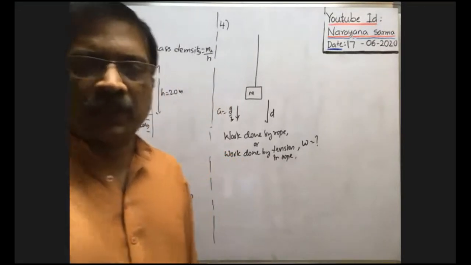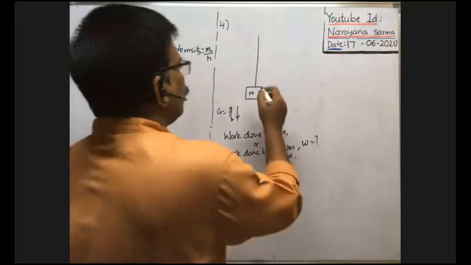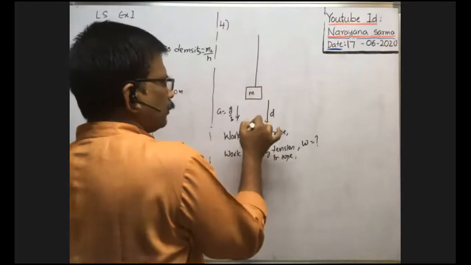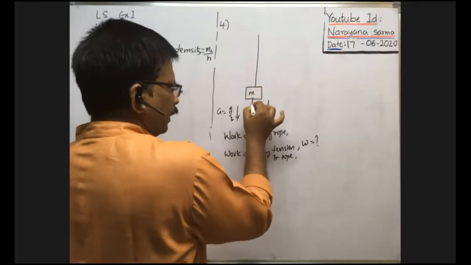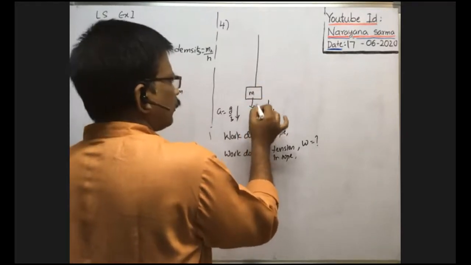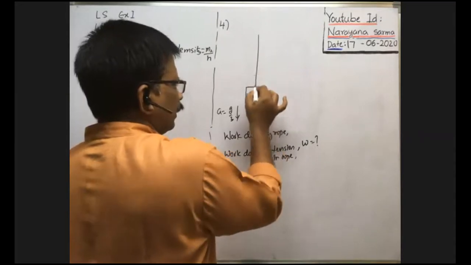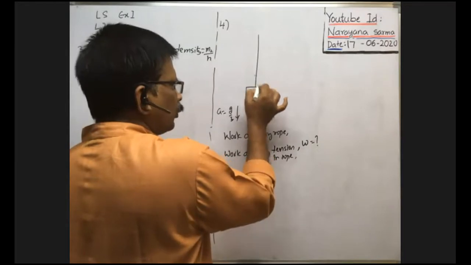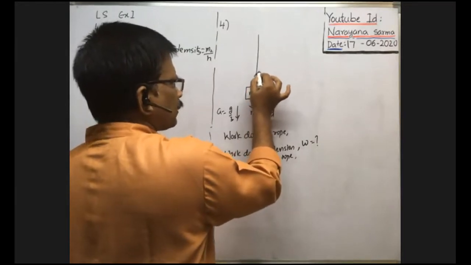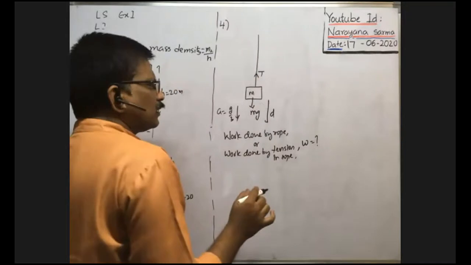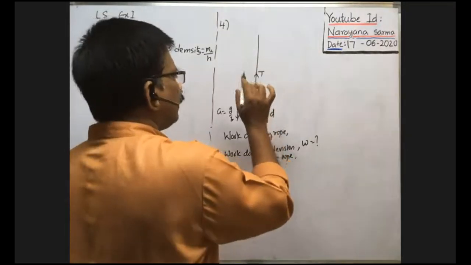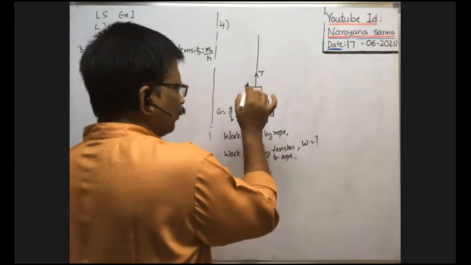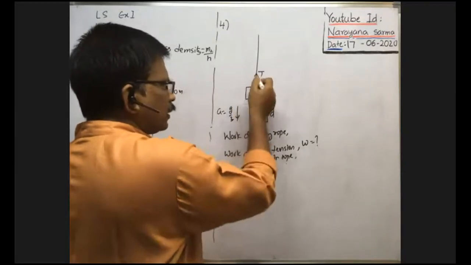Vamshi Krishna, correct. You are right. Okay, you see here, work done by the rope means while the block is moving down because of weight mg, which acts vertically downwards. At the same time, it is not a freely falling body because it is fixed with a rope. That's why the rope pulls the block in the upward direction with a certain force that is called tension. Okay, tension in the rope is T upwards. Even then, as the block moves downwards, which force is more? Mg is more or T is more?